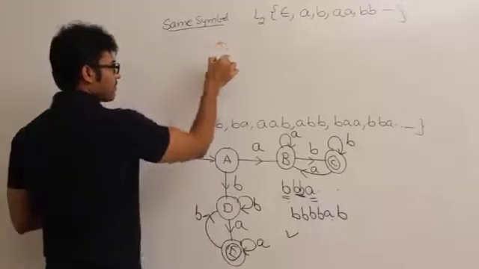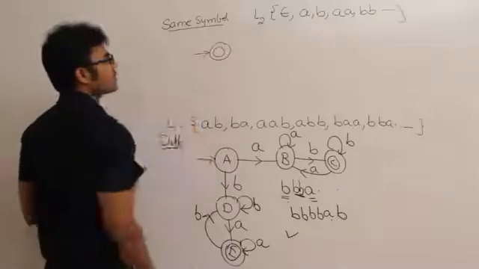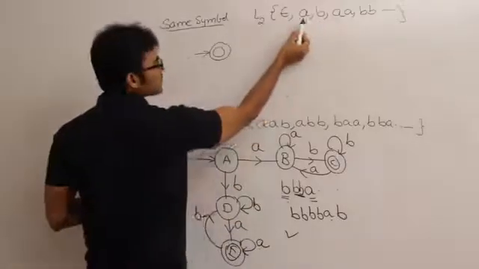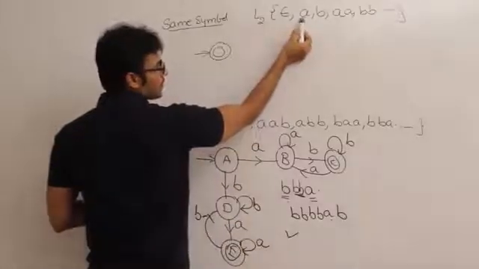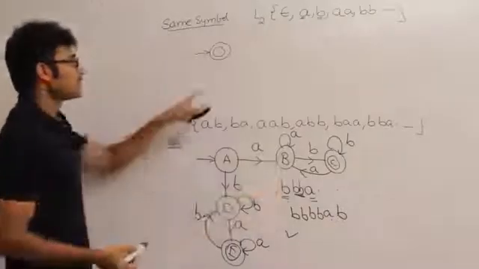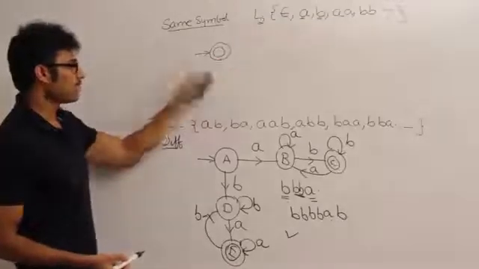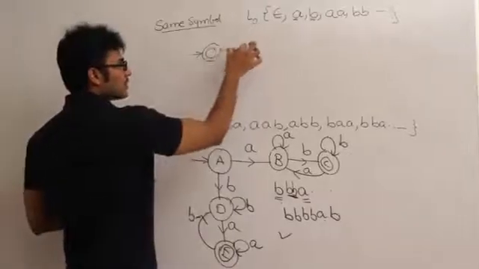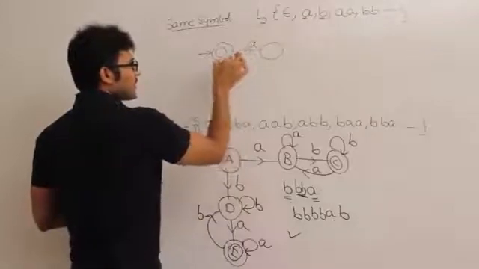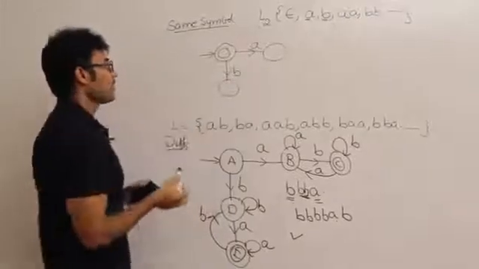Whenever we have to accept epsilon, I am going to make the initial state a final state. Next, I have to accept A and I have to accept B, and I should even remember that a string starting with A should end with A and a string starting with B should end with B. I have to remember that at least. Therefore, for a string starting with A, I'll go in this direction, and for a string starting with B, I'll go in this direction. Okay, now the question is